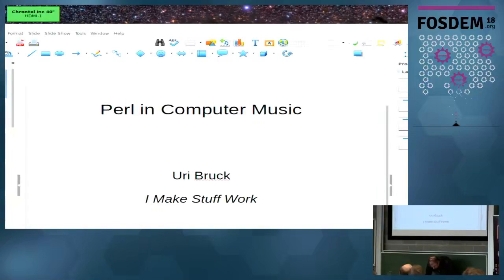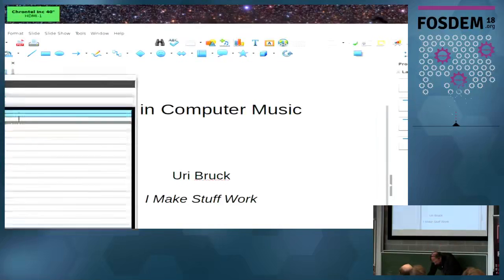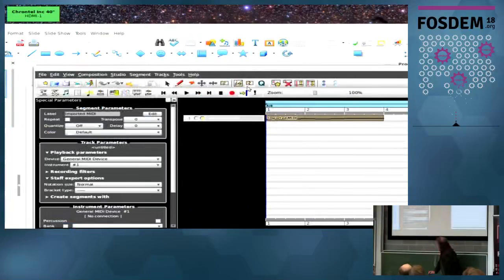And this is the MIDI file it created. I'm just going to open it with this. Now this is Rose Garden. It's one of the sequencer programs. And once I open it here,